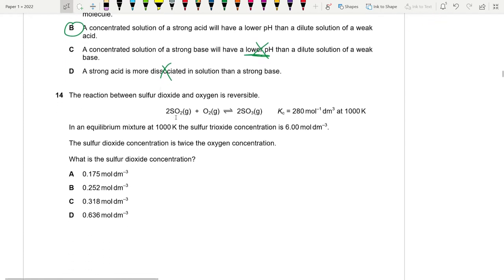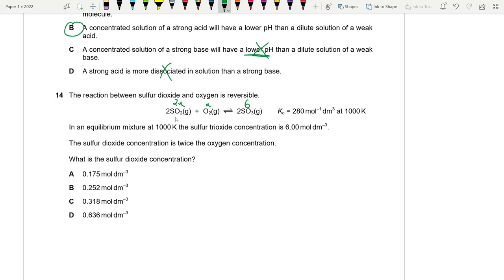14. The reaction between sulfur dioxide and oxygen is reversible. In an equilibrium mixture at 1000 Kelvin, the sulfur trioxide concentration is 6 mol per dm cubed. The sulfur dioxide concentration is twice the oxygen concentration. What is the sulfur dioxide concentration? So this is 6. And if oxygen is x, sulfur dioxide is 2x